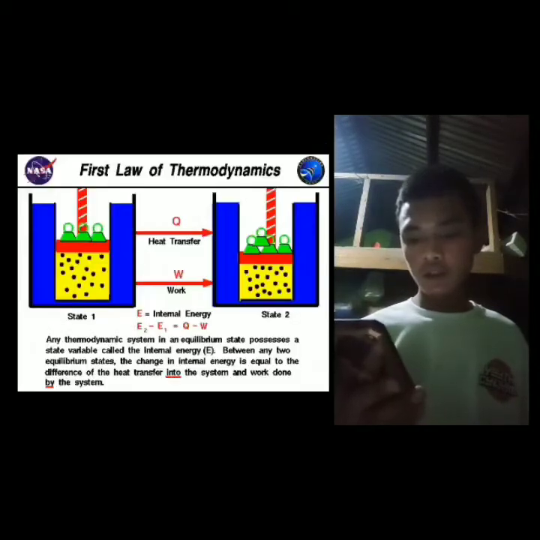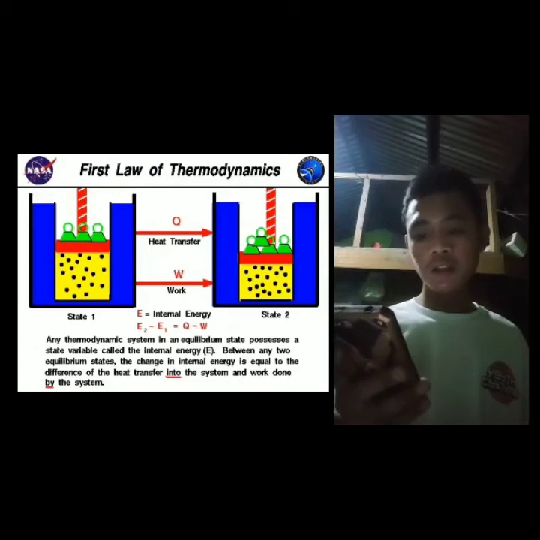The first law of thermodynamics is generally thought to be the easiest to grasp, as it is an extension of the law of conservation of energy, meaning that energy can be neither created nor destroyed. However much energy there was at the start of the universe, there will be that amount at the end.